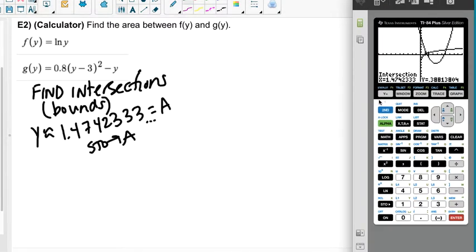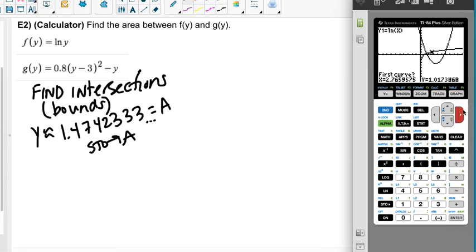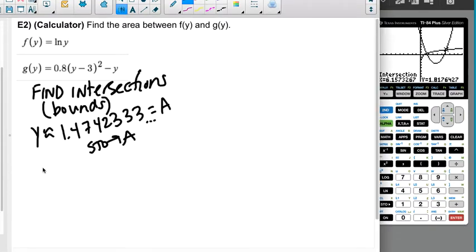You can call them C and D if you want to use C and D for y values instead of A and B, it doesn't matter. So I'm going to quit out of this and I'm going to go ahead and hit that X and I'm going to store it as alpha A, because remember we made that mistake before and we don't want to. Then I go back to my graph, second calc intersect, which is 5, and I hit enter. And then I get the other y value where they intersect, which is approximately